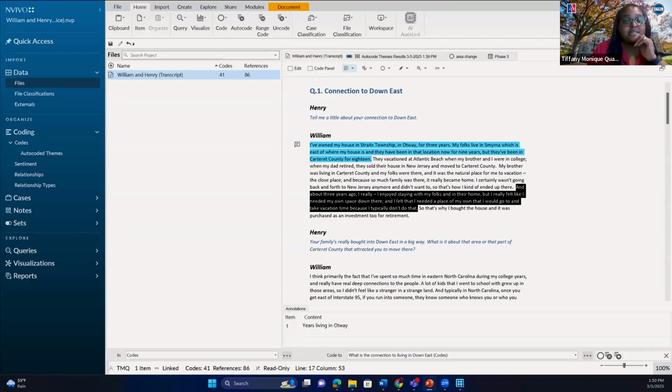So let's talk about themes. I know I've got 10 minutes. I do want to talk about themes, but I also want to talk about exporting your code book. I realize I don't have 10 minutes left. So let me go ahead and show you how to export your